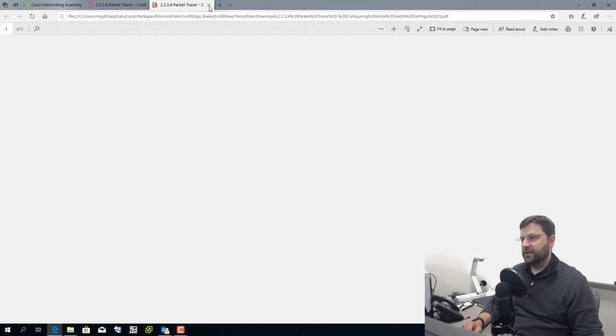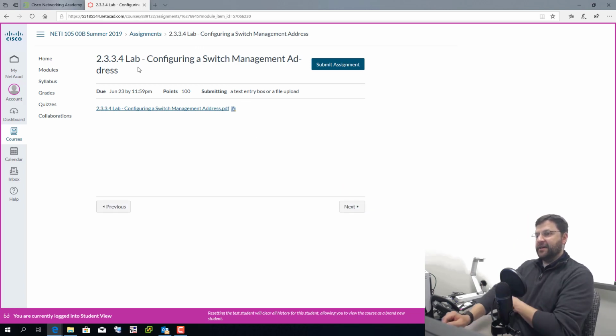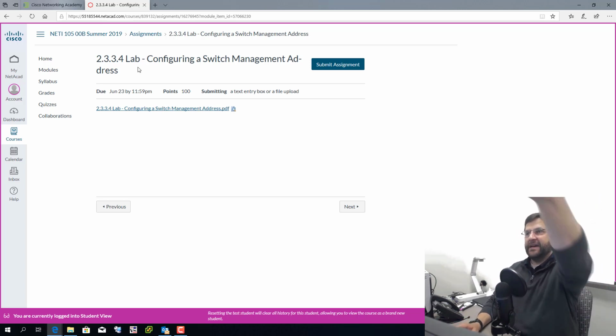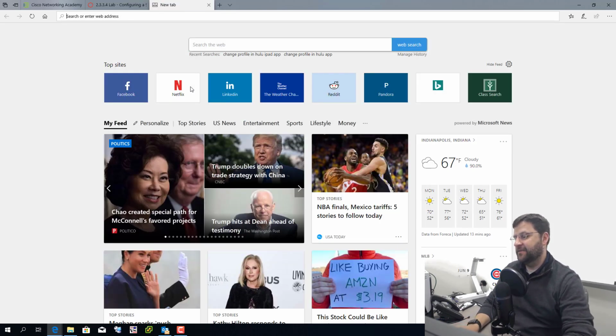The other type of assignments that we're going to do, so there's another Packet Tracer assignment, are going to be labs. And labs are, if we were in a face-to-face class, we would do these on actual equipment. So back behind me at the back of my classroom here, and in many labs like this one across the state on Ivy Tech campuses, we've got actual Cisco routers and switches and security appliances that we would use to do these labs. Since we don't have that in an online class, what we do is we have a system called NetLab.